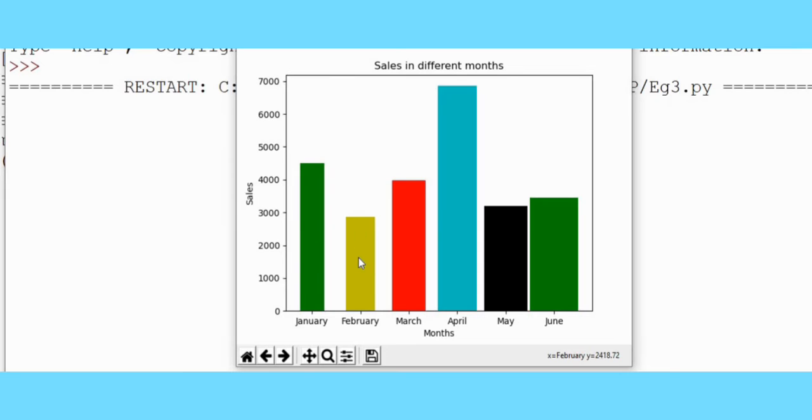January has a green color, February has a yellow color, March has a red color, April has a cyan color, May has black color, and June has green color.